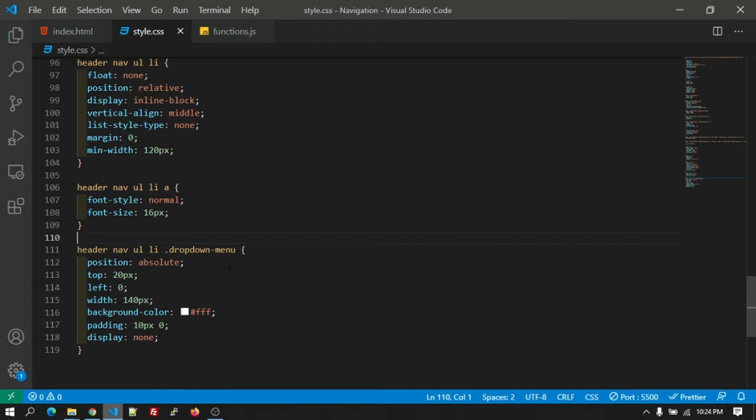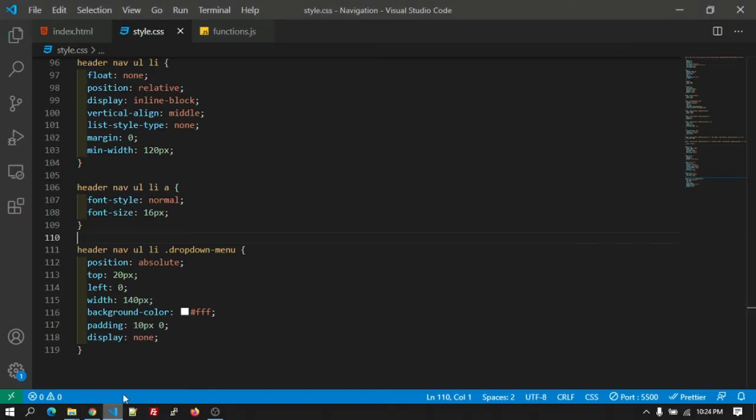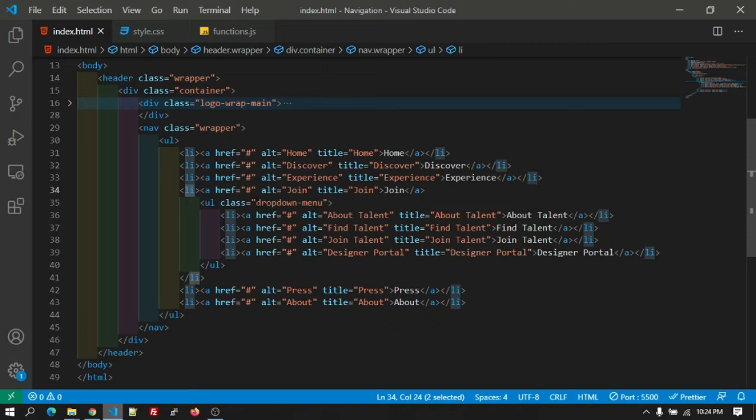Okay, by default it's a display none. When you go over on the join, the drop down will be shown. Okay, we will add that functionality right now as well. We have added the CSS till the drop down class.